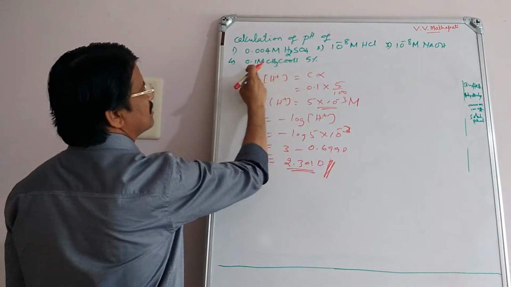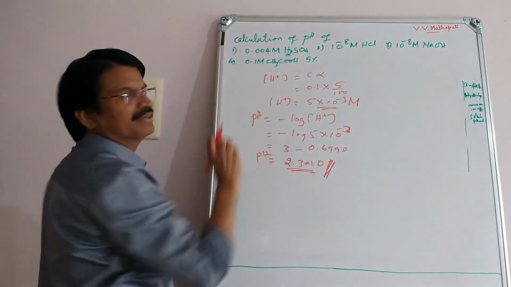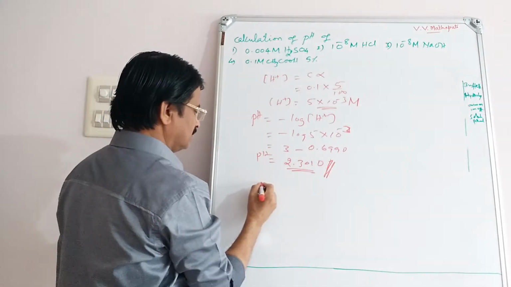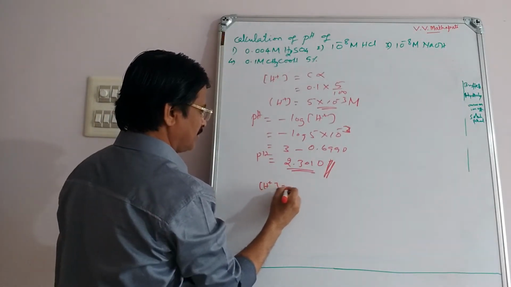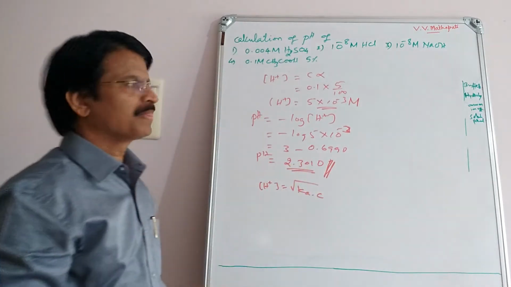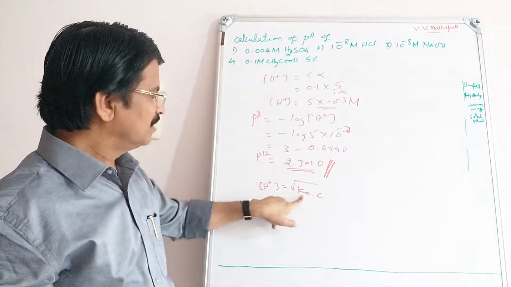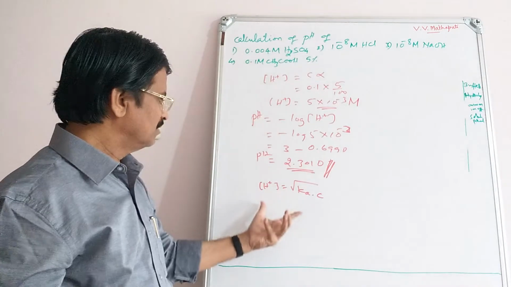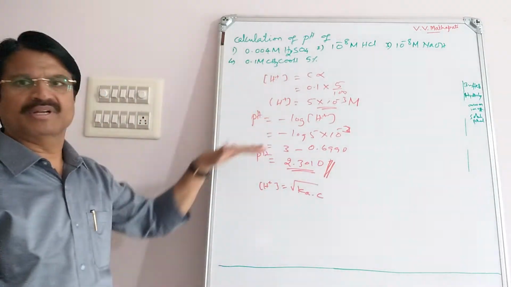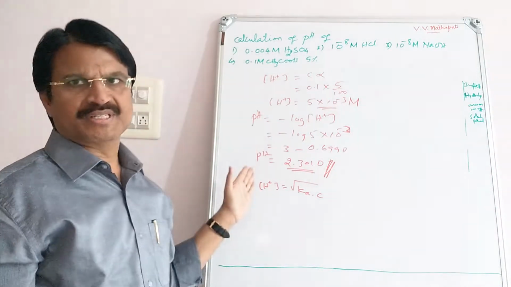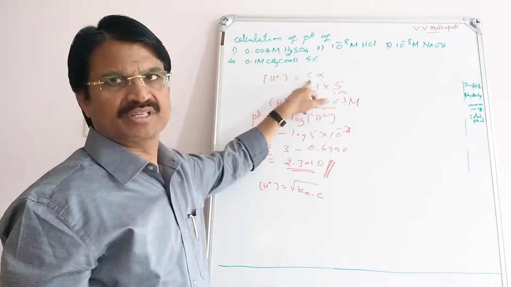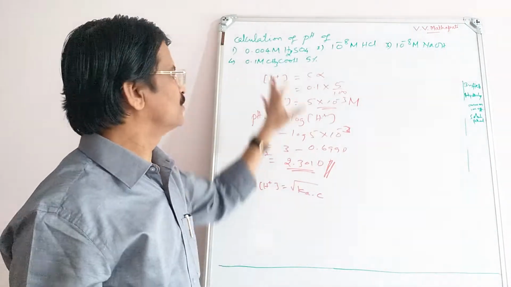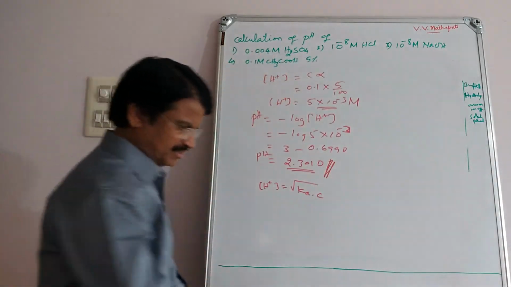If alpha and C are given, follow this method. If the Ka value is given, in the same question in place of this, then H plus equals root of Ka into C. In place of 5 percent, they give a Ka value like 1.8 into 10 to the power minus 5, into C, which could be 0.1, 0.2, 0.3, any number. Find H plus, then find the pH value. So for this type of weak acid and weak base, apply the formulas: H plus equals C alpha, H plus equals root of Ka into C, alpha equals root of Ka by C. These formulas are used to calculate the pH of weak acids and weak bases.